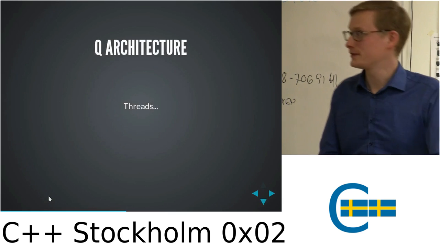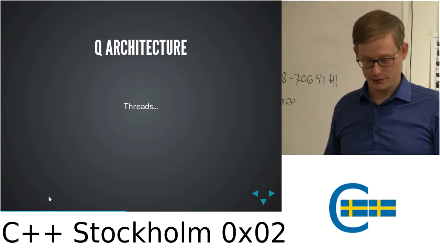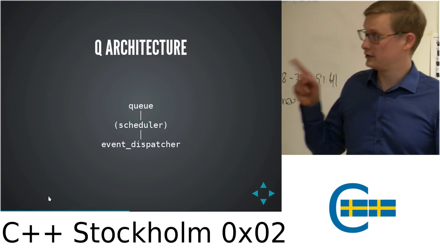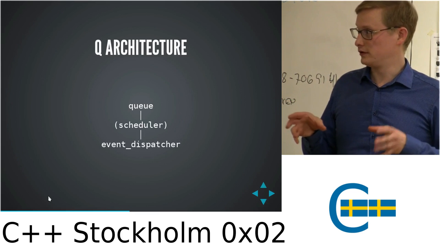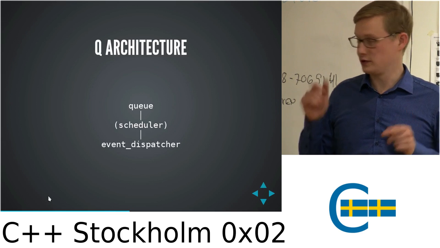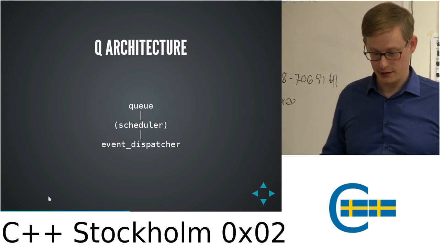Threads. That's cool. I said we can use parallelism without mutexes. Did I lie? Yeah. No. We need to look at some parts of Q, of how we actually execute things. So there are two things here which you see, Q and event dispatcher. There's something else I won't mention. It's there for